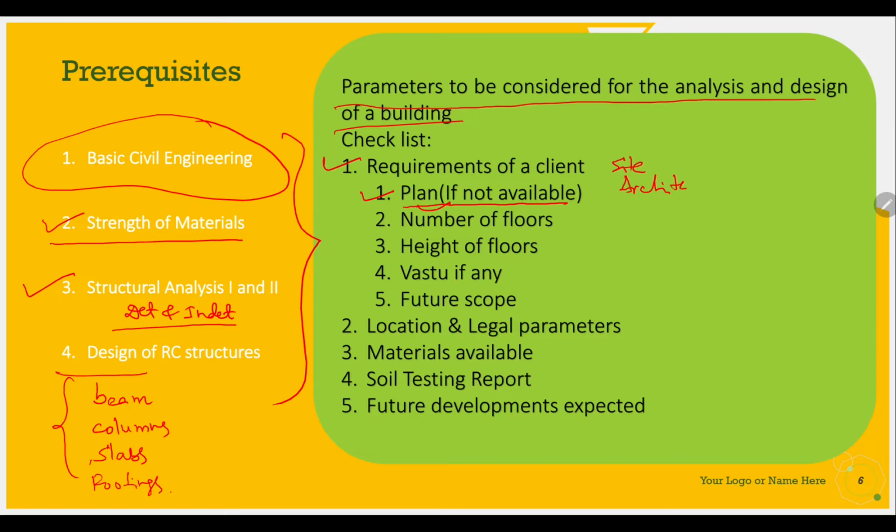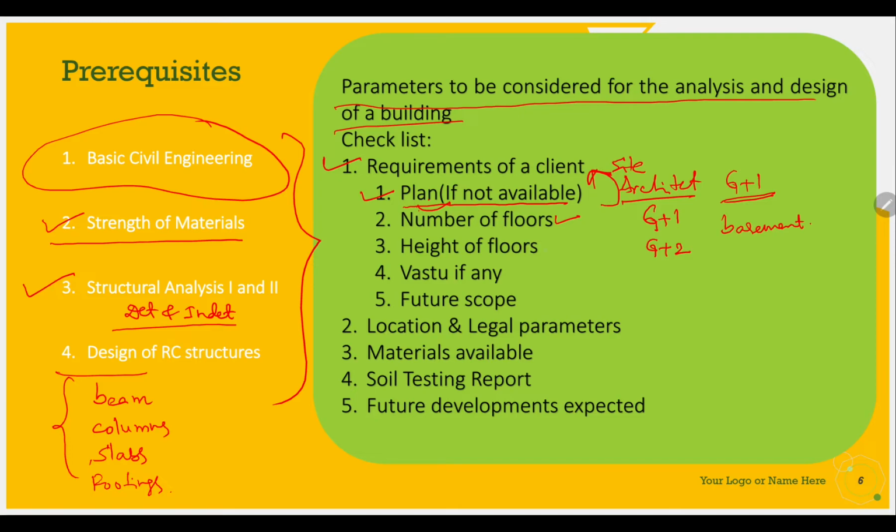The architect prepares it and the client has that, but it is not suitable for all projects. If it is only G+1, a common person building his home will not go to an architect; he will come directly to the structural engineer, so that we can plan based on the client's requirements. The client requirements may include the number of floors, which we need to know, whether it is G+1 or G+2, or whether a basement will be there. All that information should be collected from the client.